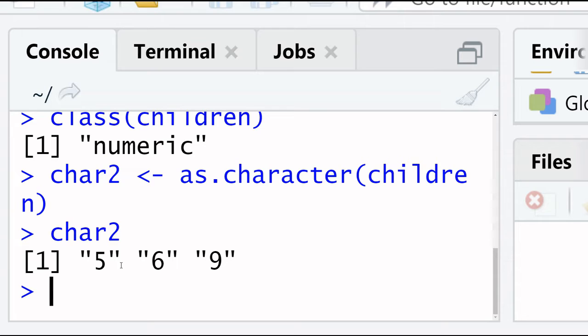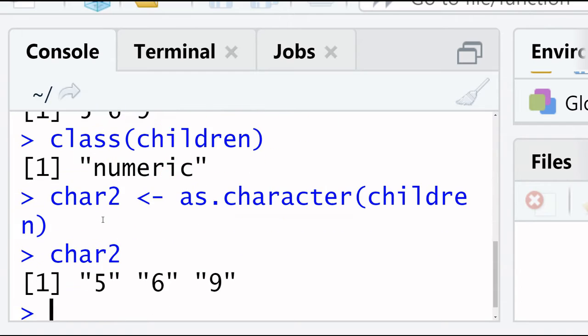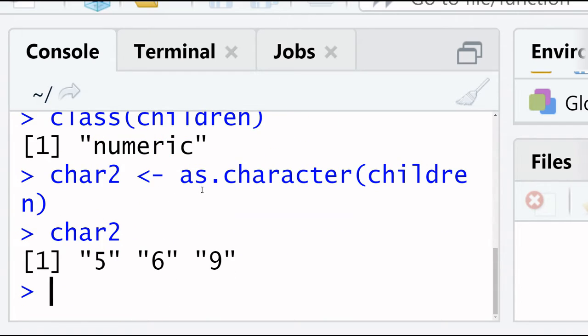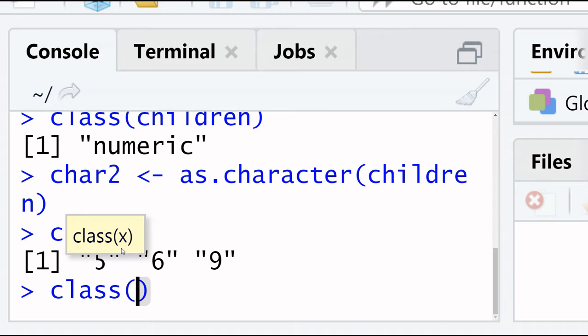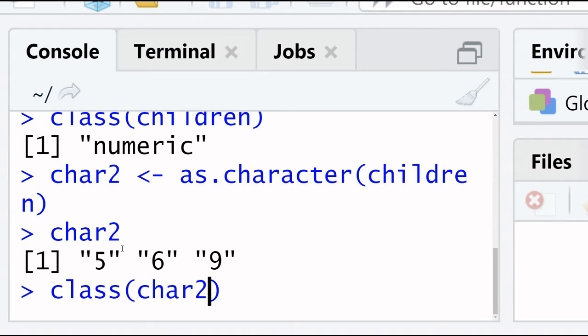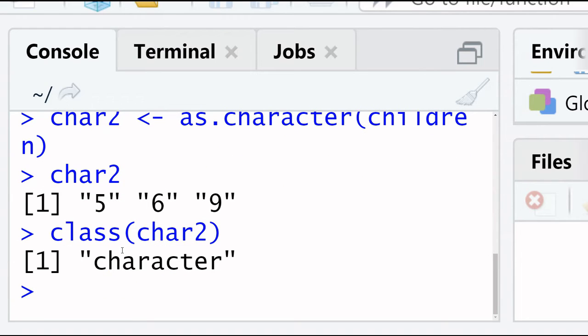As you can see, children 5, 6 and 9 was in numeric format. Now after applying the as.character command, it is converted into character format and written in inverted commas, and we learned everything in inverted commas, either text or numeric, is character. Now we check its class. So this is converted into character.